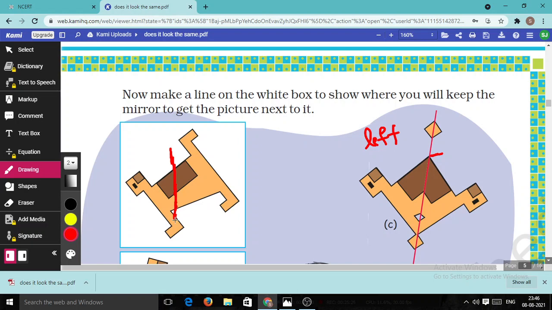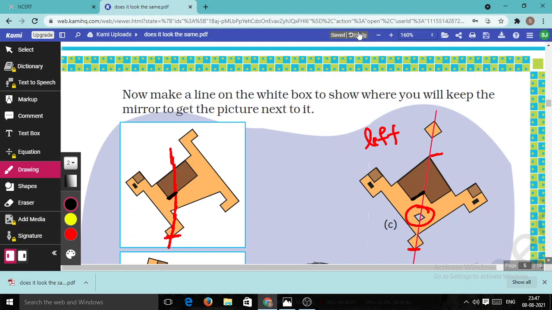Some white part is also given, and from this straight point and from this point like this, you have to choose the straight line like this. Choose the straight line because some white part is also given, look, this is a white part. Here the white part we also get from here, and this portion is nothing but this portion. So that's why you have to place a mirror like this, and you will get, look here, this part. Observe this part carefully. This one you will get this one.